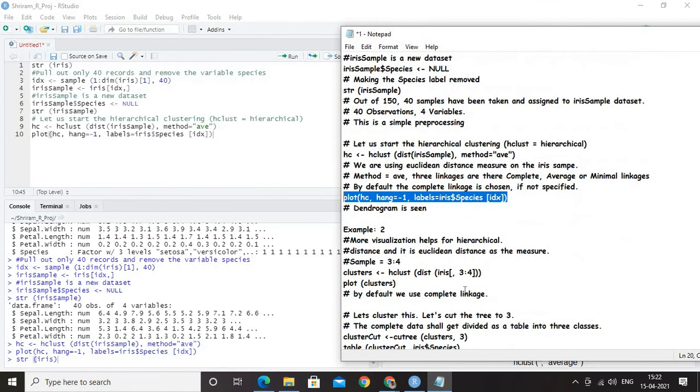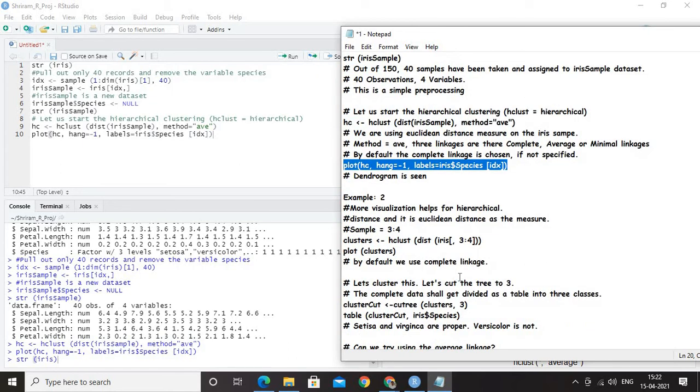Now what is the next step? Better the visualization, better the understanding would be, isn't it? We need to have a really good visualization. So what are we going to do? We are going to go with better visualization techniques, and I'm going to do that right now.